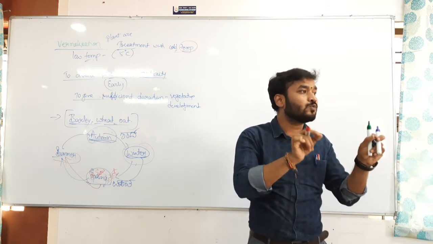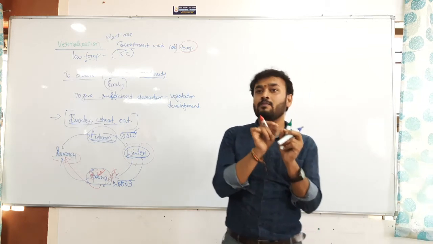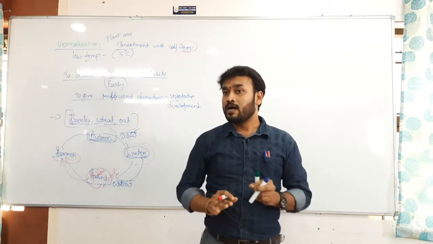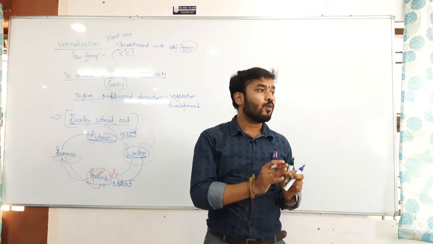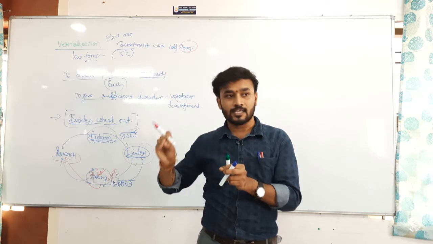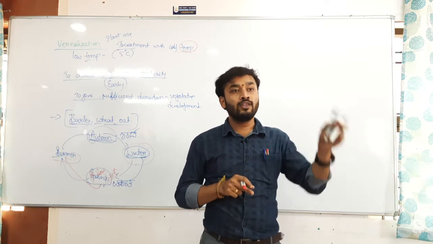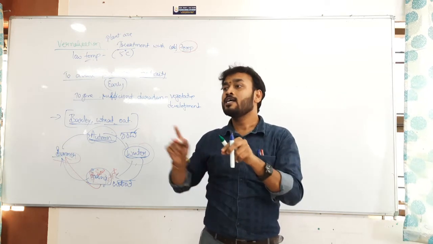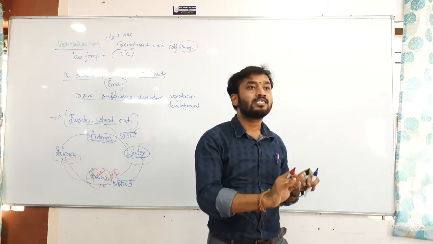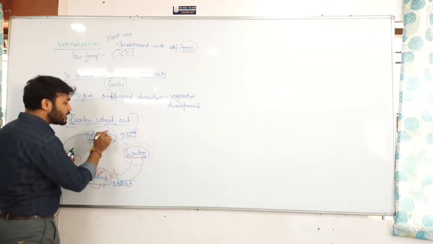There are two varieties. One is the winter variety, the other one is the spring variety. Clear? In the NCERT they have clearly mentioned that barley, oat and wheat are three different plants we can see. They are of two different types. If the spring variety is sown in the spring season, it will give the yield before the ending of its season. But if the winter variety is sown in the spring season, it will not give rise to flowering before the end of that season. Hence, it is always preferred that the winter varieties be sown in the